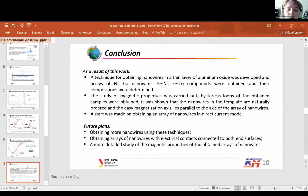And so, as a result of our work, a technique for obtaining nanowires in a thin layer of aluminum oxide was developed. Arrays of nickel and cobalt nanowires and different compounds were obtained, and their compositions were determined. A study of the magnetic properties was carried out. Hysteresis loops of the obtained samples were obtained. It was shown that nanowires in the template are naturally ordered, and the easy magnetization axis is parallel to the axis of the array of nanowires, and the beginning of producing an array of nanowires in the DC